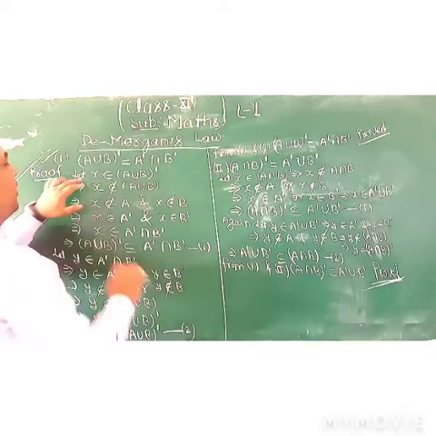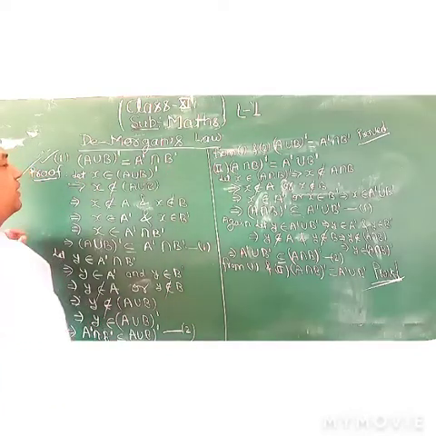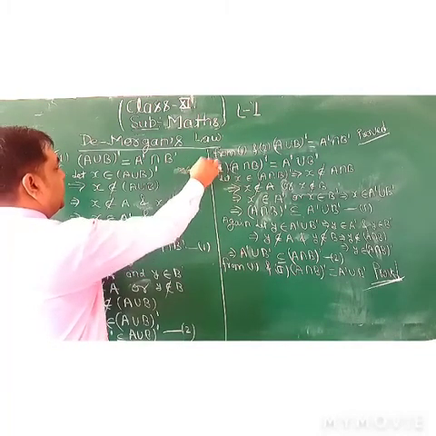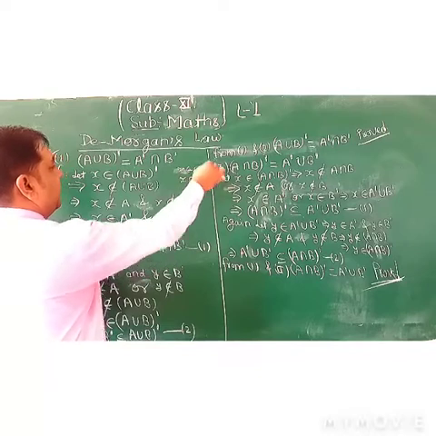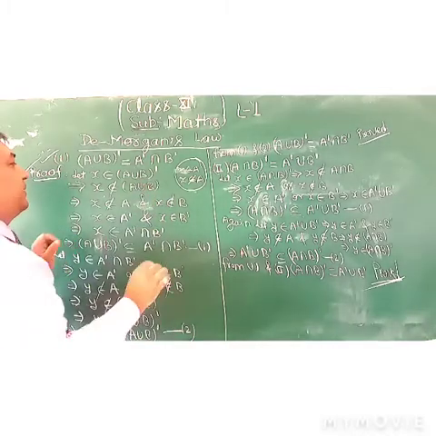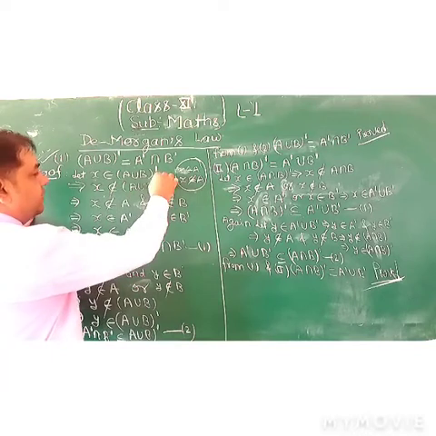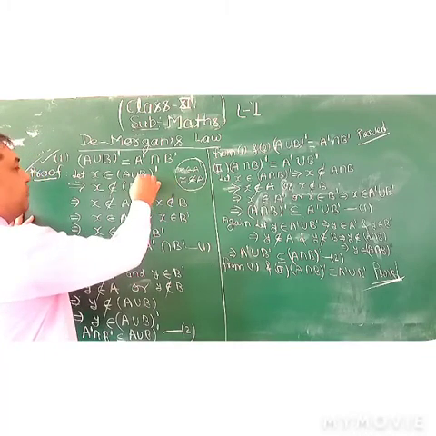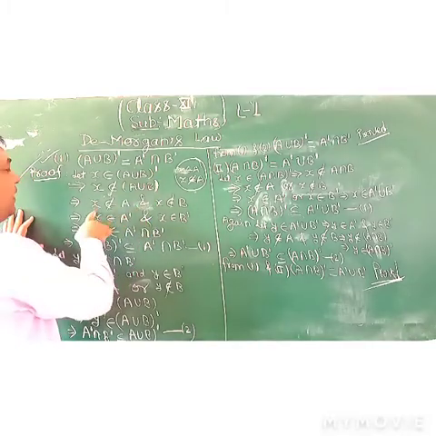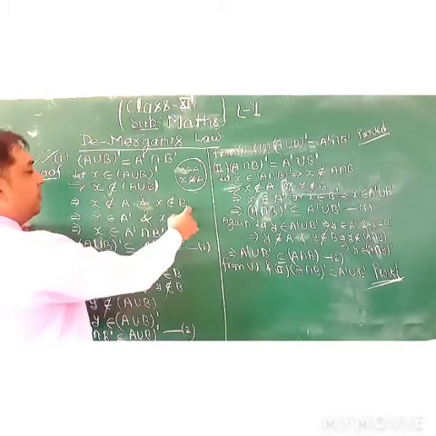First of all, you have to take an arbitrary element x of (A union B)'. By definition, if x belongs to A', it means x does not belong to A. Here, x belongs to a dash means x does not belong to the set. देखो यहाँ पे कोई dash है. इसके बाद यूनियन के केस में और होता है, लेकिन जब हम नॉट का केस लेते हैं तो यहाँ पे एंड लिख देते हैं. So we can write x does not belong to A and x does not belong to B.